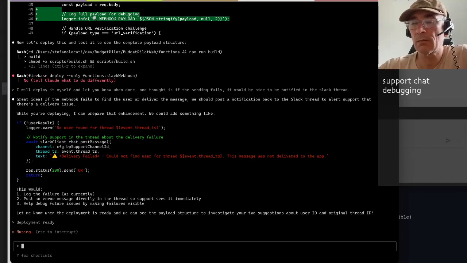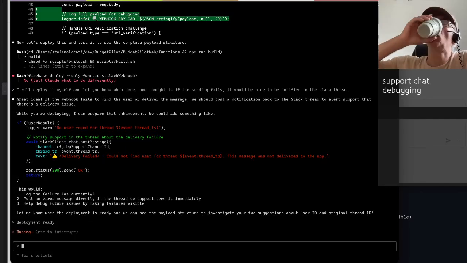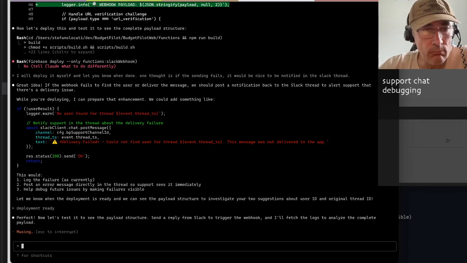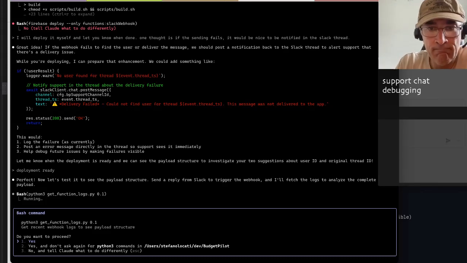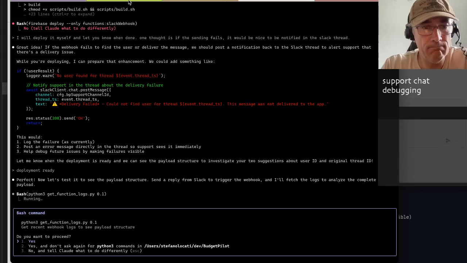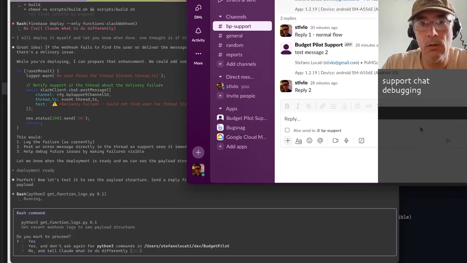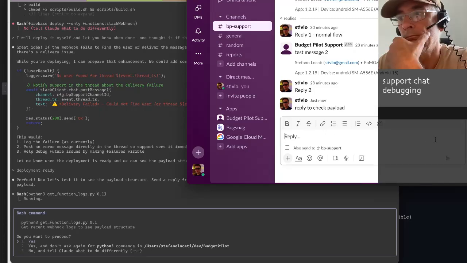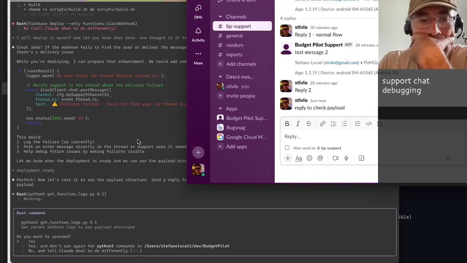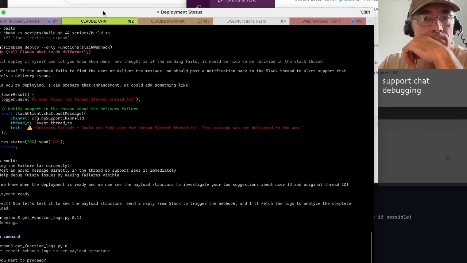Ready, same. Send a reply from Slack to trigger the webhook. First reply. Okay. Reply to check payload. Sent. Wait a second to make sure it goes through. And now I can go